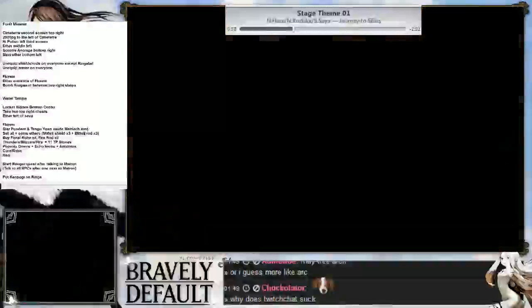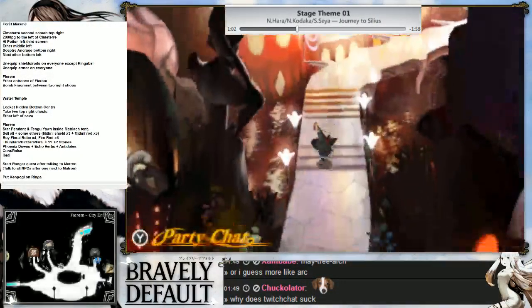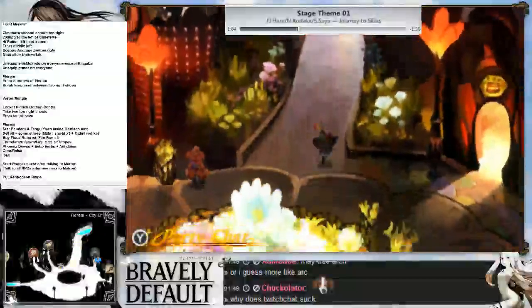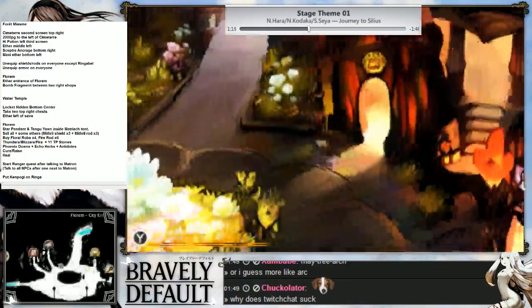So this set of script I actually don't write on my notes because you just have to learn them by heart. There's no point in me writing them down. So once you're done talking with her, you can now start shopping. So first thing you want to do